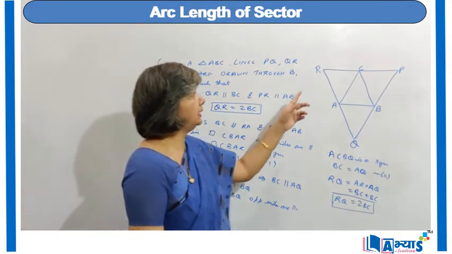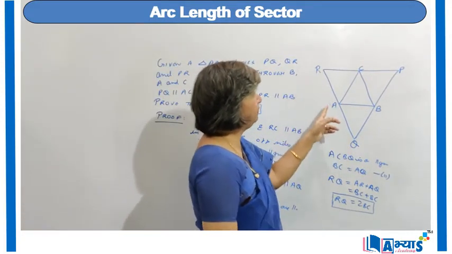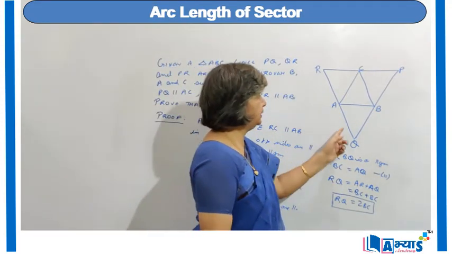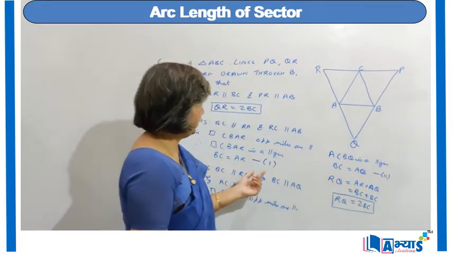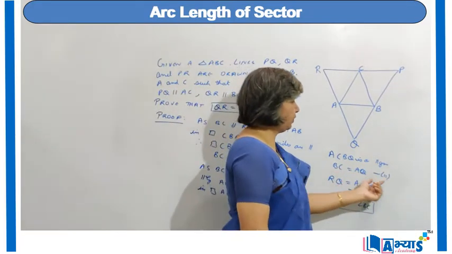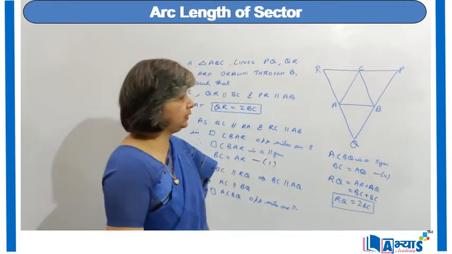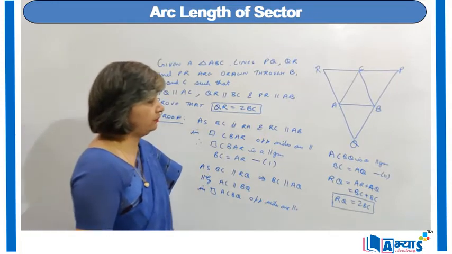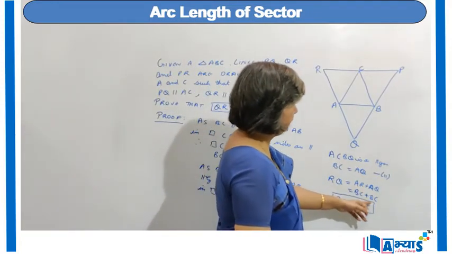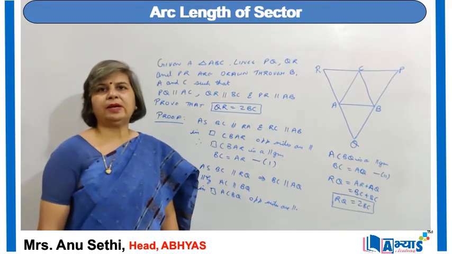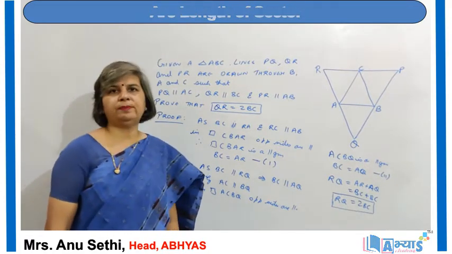Now we are taking the line RQ and we have a point A on it. So RQ is equal to AR plus AQ, and we have replaced AR with BC from equation 1 and AQ with BC from equation 2. So using the values of AR and AQ from equations 1 and 2, we have replaced AR with BC and AQ with BC, so we got RQ as 2 times BC. So this is how we can apply the concept that opposite sides of a parallelogram are equal.